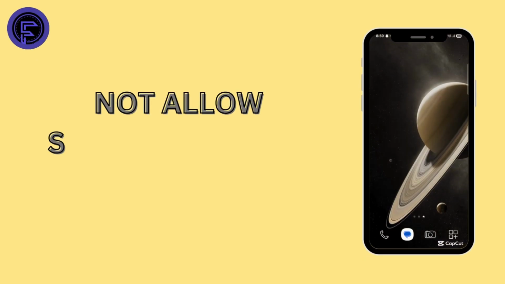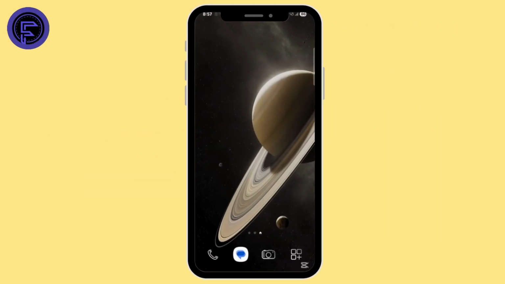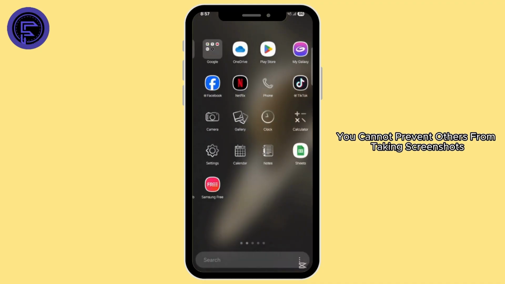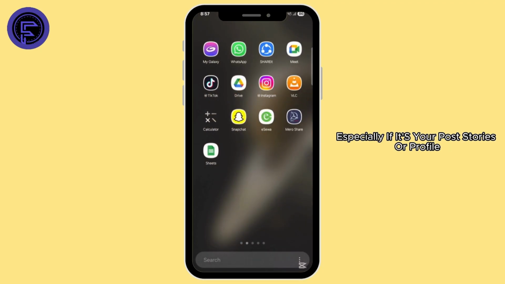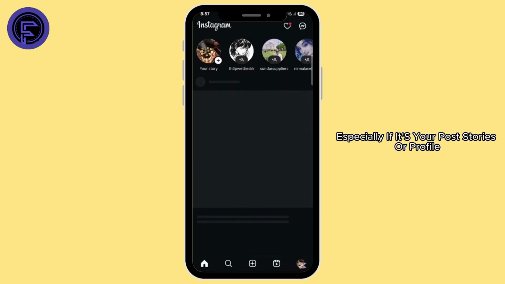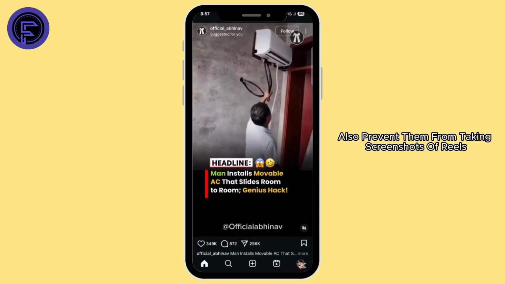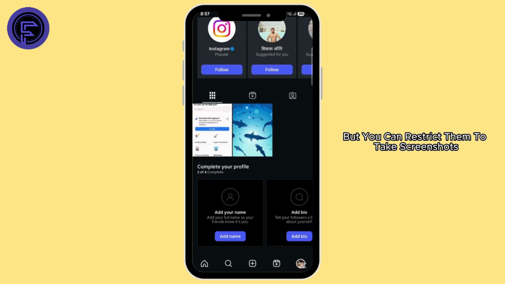How to not allow screenshots on Instagram. To be very straightforward on this, you cannot prevent others from taking screenshots, especially if it's your post, stories, or profile. You cannot also prevent them from taking screenshots of reels or comments, but you can restrict them from taking